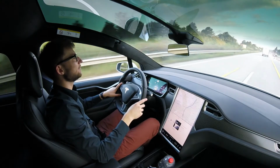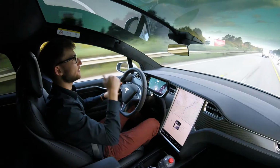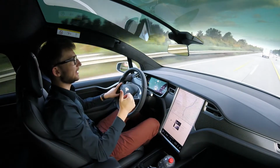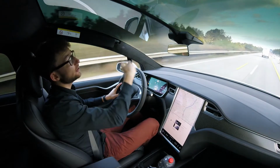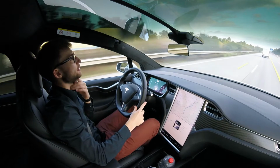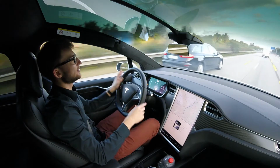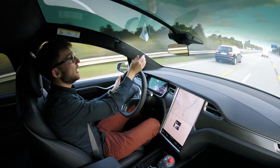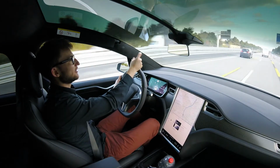It doesn't quite drive as you would drive. The old one kind of did. It would pull up to the car to a reasonable distance. This one will leave a huge distance. Not huge, but more than you would usually leave. And the old system, towards the end, since it would only follow the car in front of you, it would start if the car in front of you was making like a security